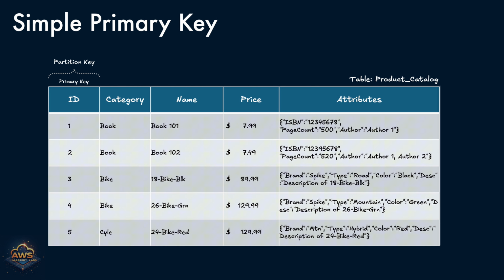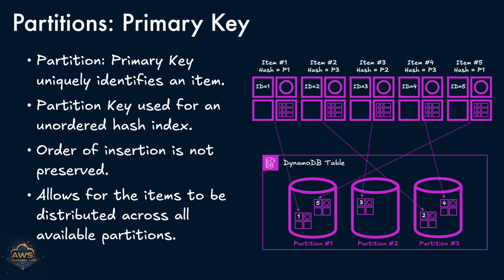Alongside the ID, the table includes additional attributes like category, name, price, and attributes. These provide relevant information about each product. For example, what type of item it is, how much it costs, and any custom metadata such as size, color, or specifications. Now that we've seen the basic structure of our product catalog table, let's take a closer look at